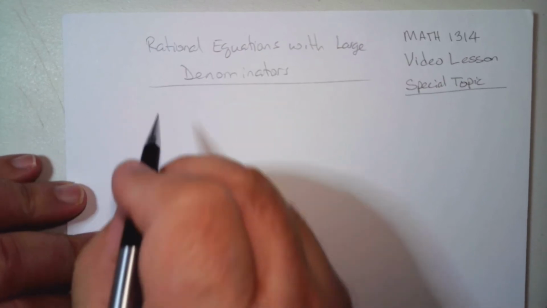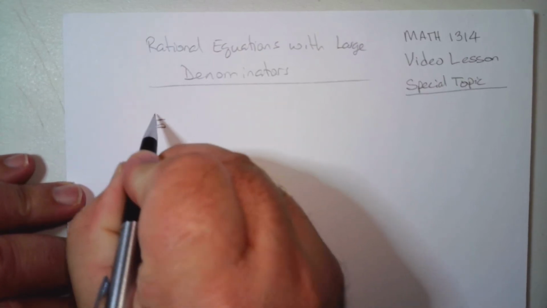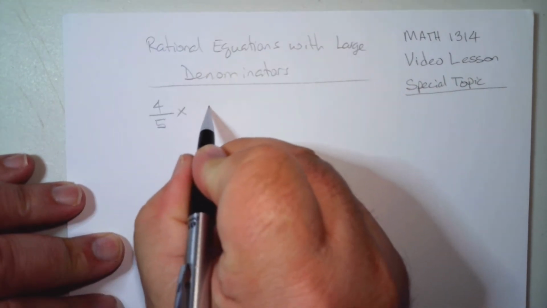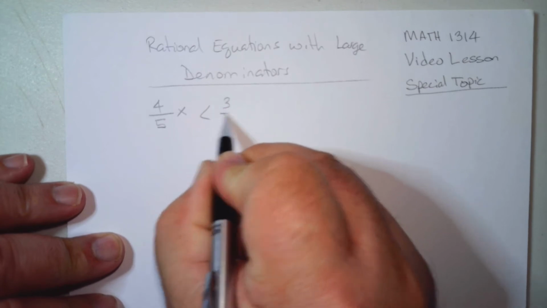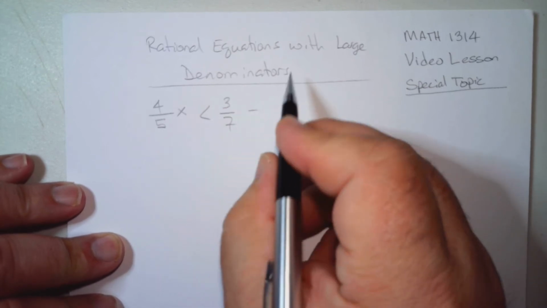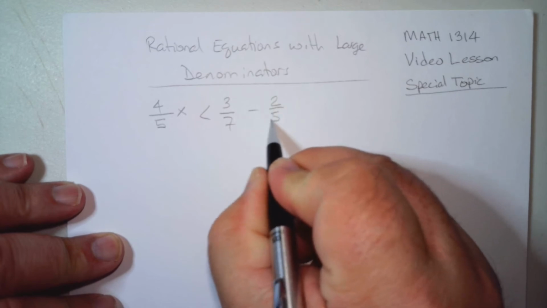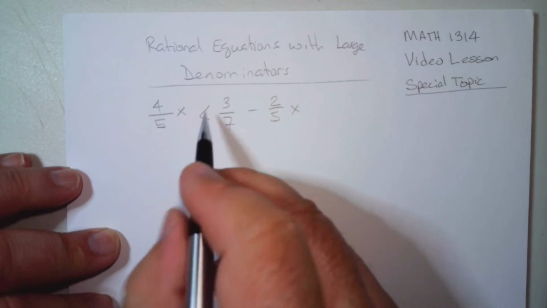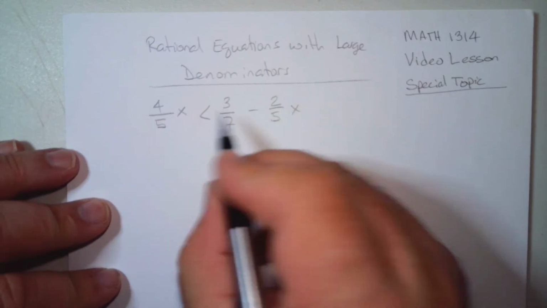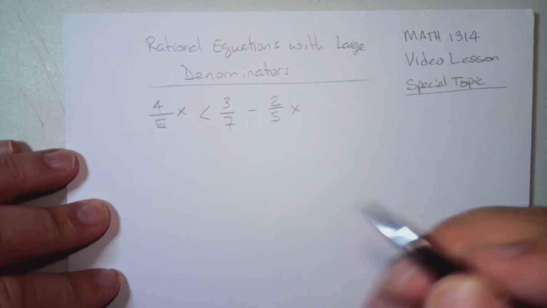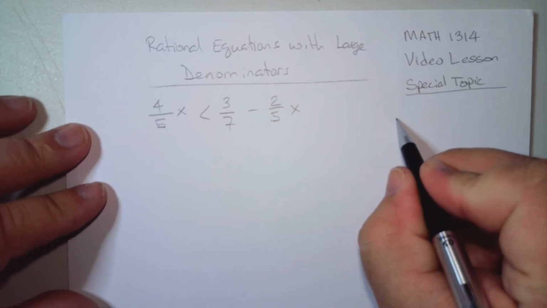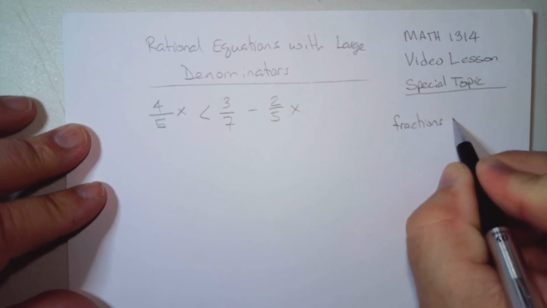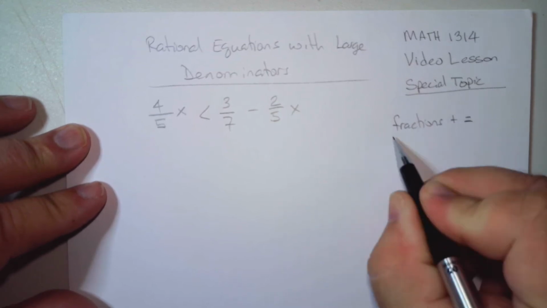Okay, let's first review. Say we had this equation: 4 over 5x is less than 3/7 minus 2 over 5x. This is a rational inequality, so you treat it the same way you do equals. Whenever you have fractions and an equal sign,